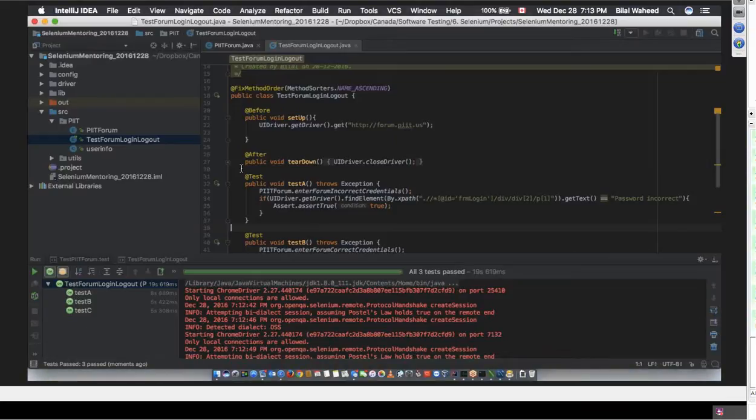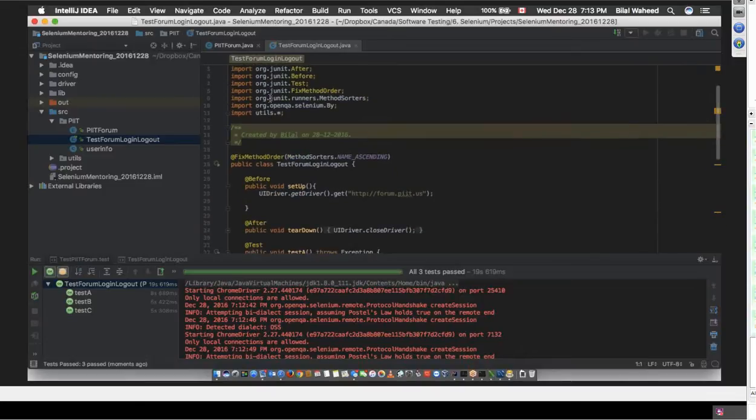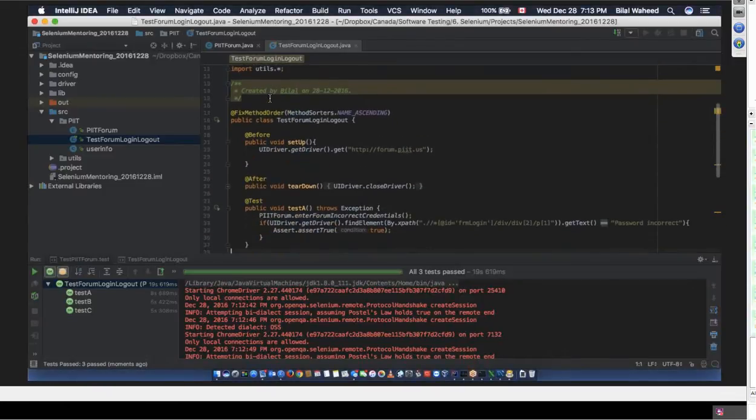How are we doing it? So for this, again, we don't need to have